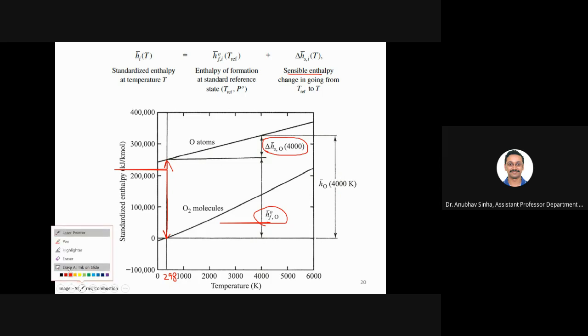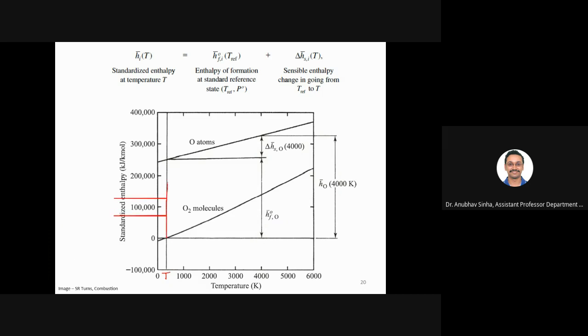Let me clear it again. So what path will it follow? Initially, let us say I have oxygen molecule at 298 K here, Tref. Okay. I provide energy and I don't mind about this, problem with PowerPoint. So I created oxygen atom at reference temperature and then I started heating it. So the temperature will start to rise and finally I will get something here. Okay. Fine. So this is the logic that we'll use in calculations. Once you look at some numericals, I hope it will be more clear.